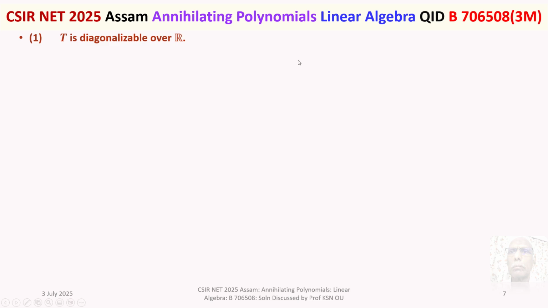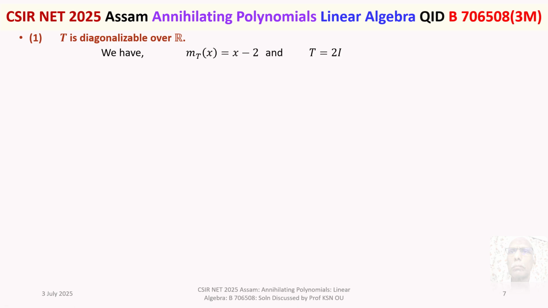Right. We take option 1. T is diagonalizable over R. Is it so? Now, remember, the minimal polynomial of T is x minus 2, and thereby we got T is equal to I. But anyway, we are interested in this. The minimal polynomial of T is x minus 2,